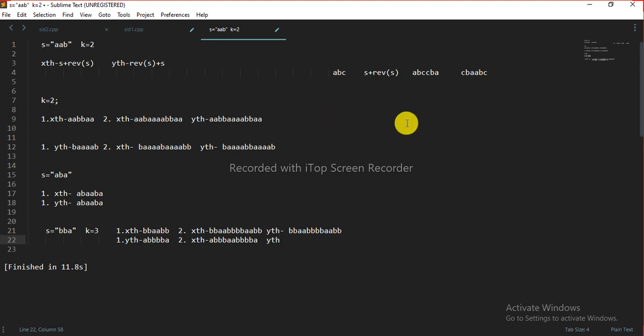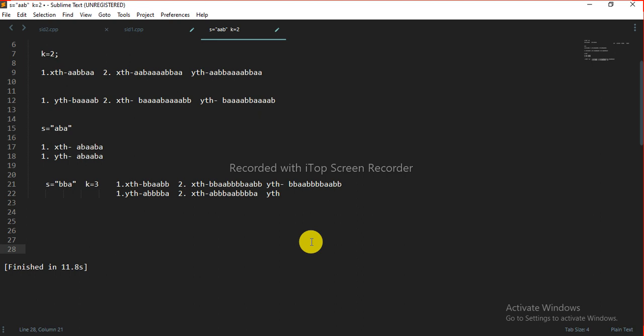Okay, so basically what are the conditions we are getting? Initially we can check if the string initially is a palindrome, then our answer is equal to 1 only. Why? Because if the string is a palindrome, and we perform the x operation, y operation to that string, the maximum different string we can get is 1 only.